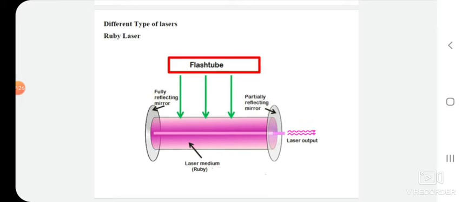The switching control of the RF source is used to switch the flashlight on and off so that excessive heat should not be generated due to very high frequency of the movement of the electrons. That's why we are using the RF source switch to turn on and off. In this way this ruby laser can operate.